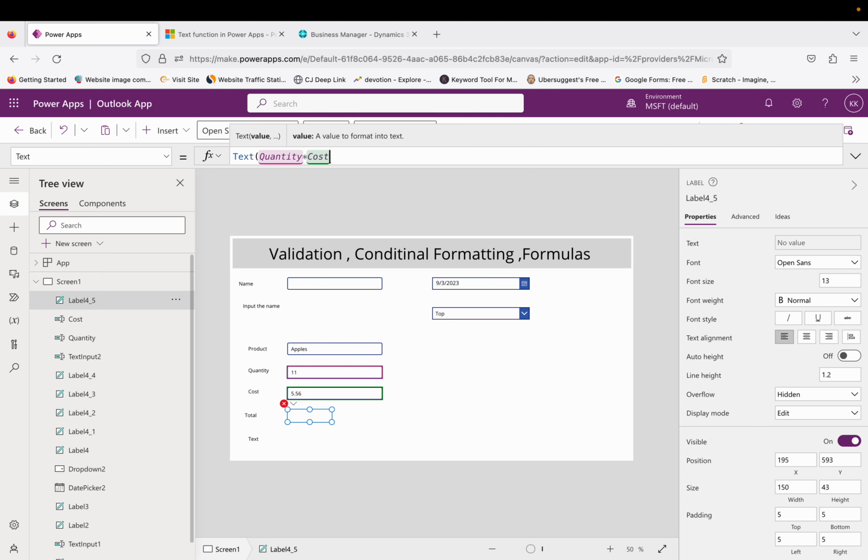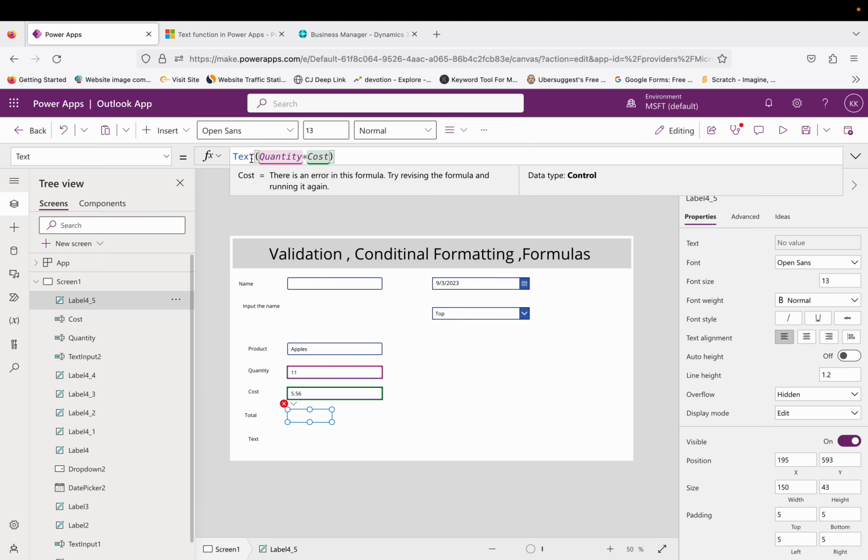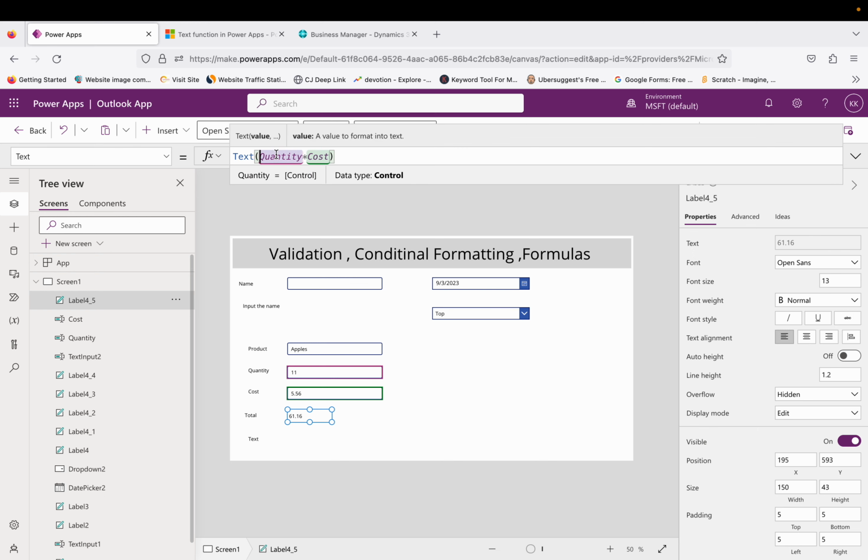Let me put this into a bracket so that this will be my first parameter, and then the second parameter you can use for the text is something like you want to use dollar hash,